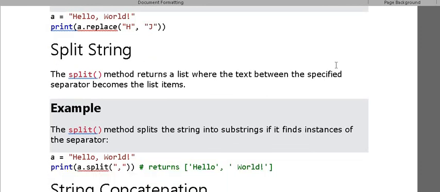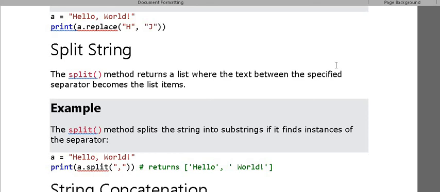Next, splitting the string. What does split mean? Whatever string you give is split into different words. Suppose I am giving hello world, and in between I give a particular special character, from which place or which character in the string we want to split.